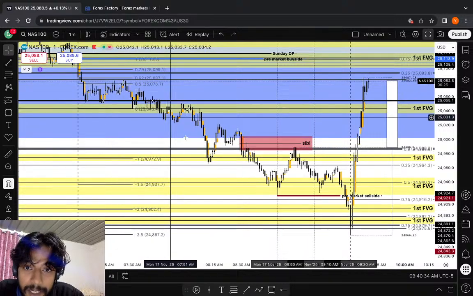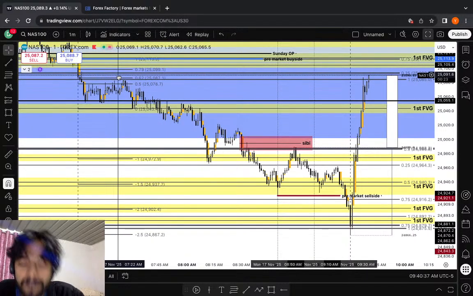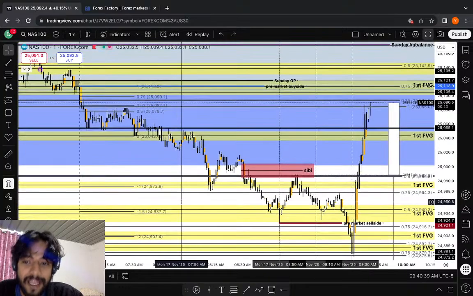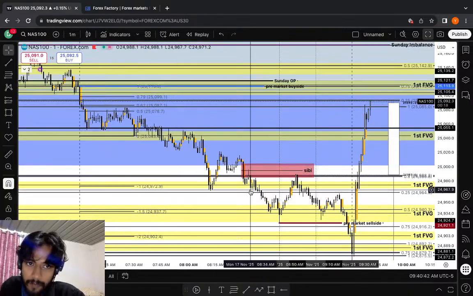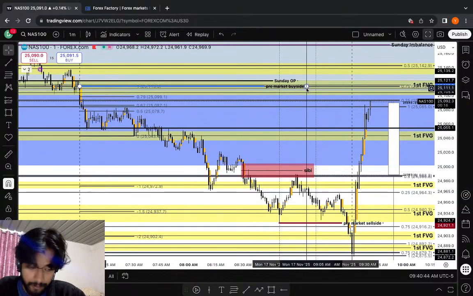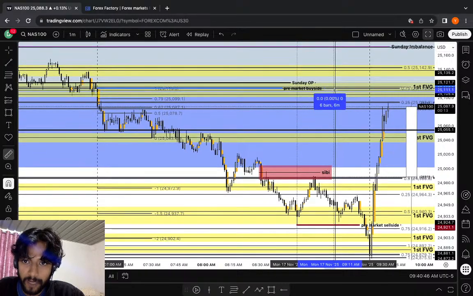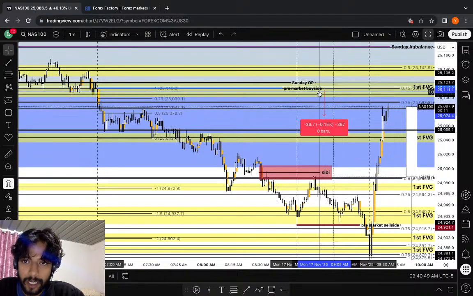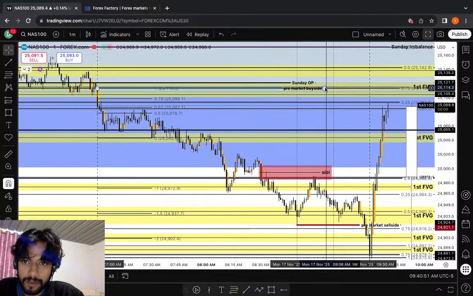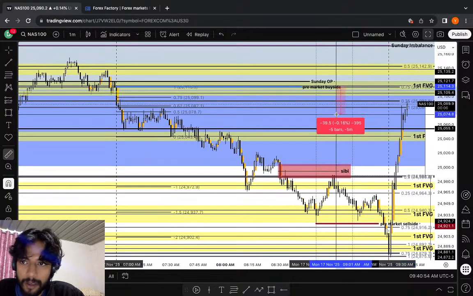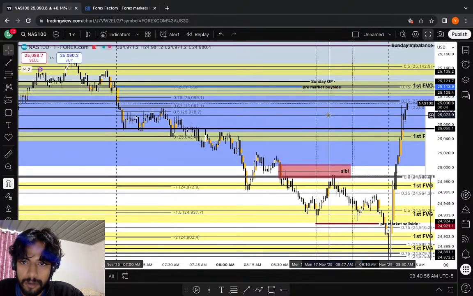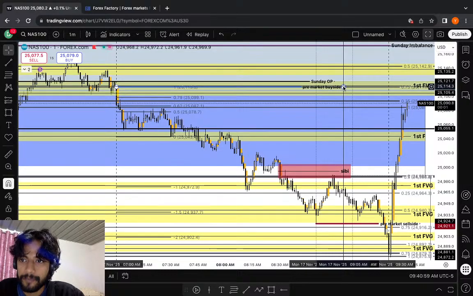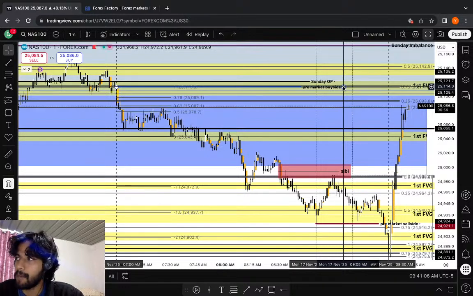Told you these are the pretty smooth areas beforehand, and go and check that. Told you these areas are pretty much possible. And now we are going towards the main pool of liquidity, which is right here. Sorry, which is right here. 25,114. That's the price right there. Pretty smooth move, pretty smooth move, just bumping it higher and higher.